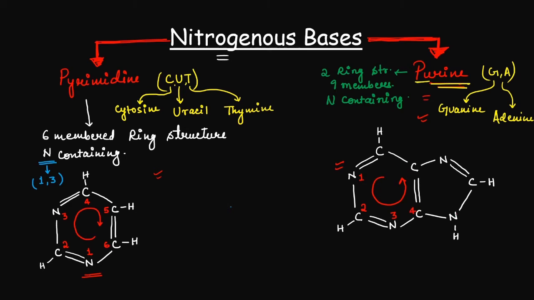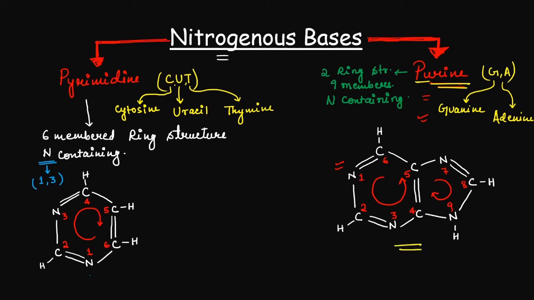Now we don't have to move in this ring. We will first complete this main ring, so 4, 5, 6. Then we will jump to the next ring. This will get the 7th position, and then here we will continue clockwise direction. So 7, 8 and 9. Numbering is done, and this is our purine structure. So that's it, our purine structure is also ready.